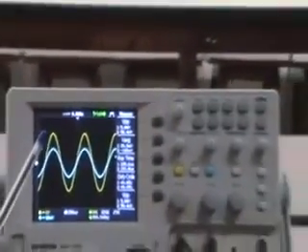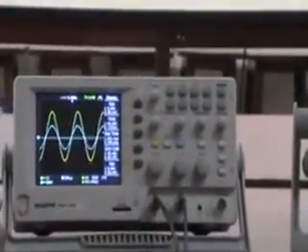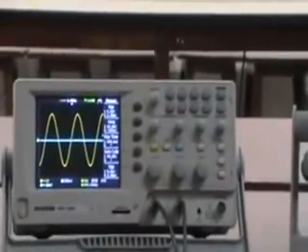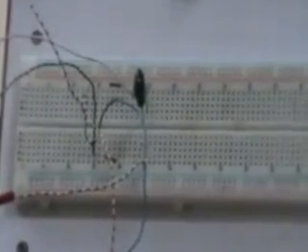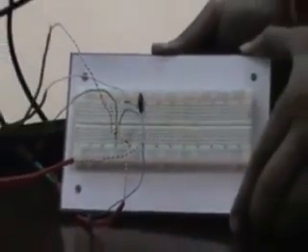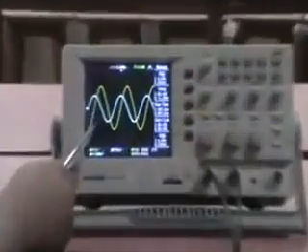Now we change the device under test from resistor to capacitor, and we can observe the input and output waveforms, V0 and Vm, on this display.